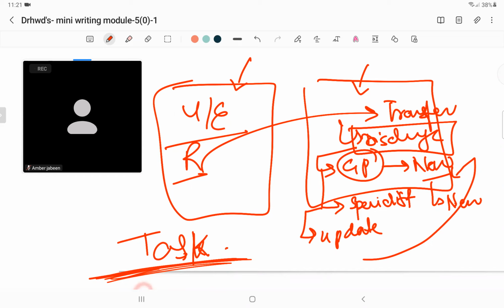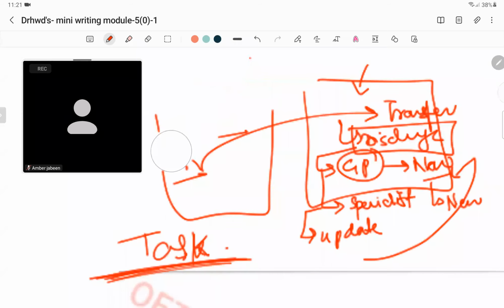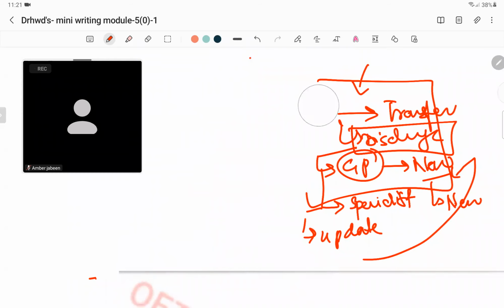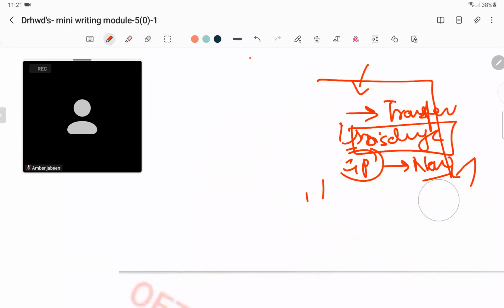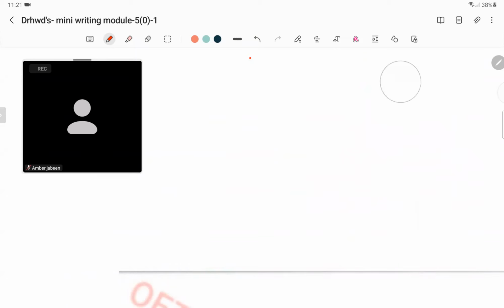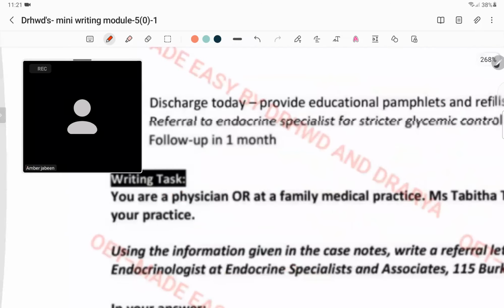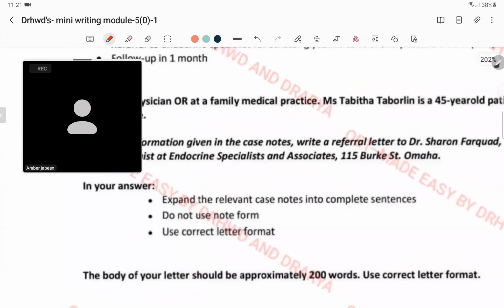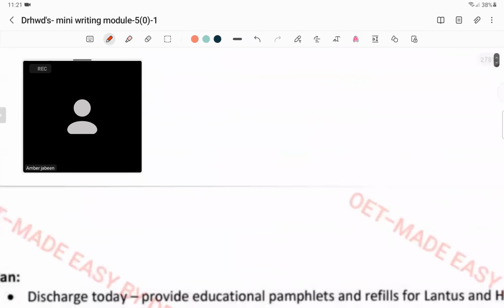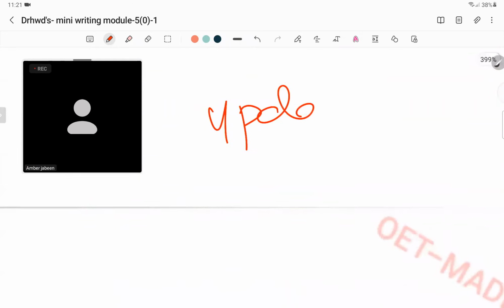Any questions at all? Yes. Any question? Because I want to make sure that you can write any kind of letter that comes your way. All right, my candidates, whomsoever they be, may they be in small number, I just want to make sure you understand that. Update letter? What? Sorry, update? Read about update letters.